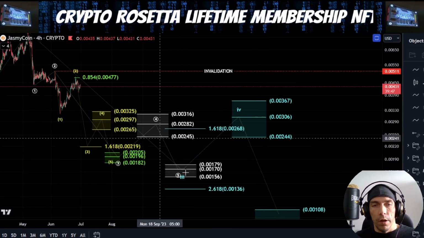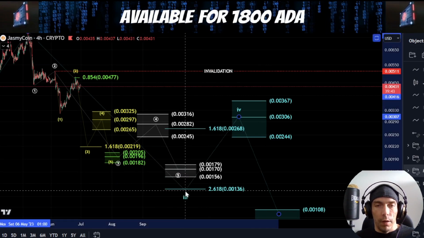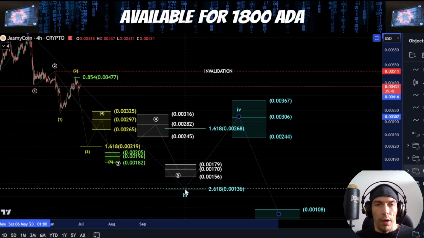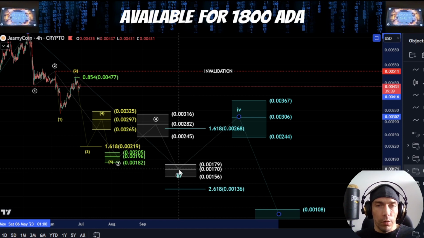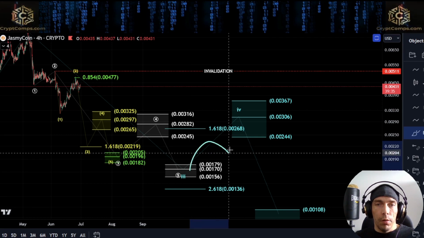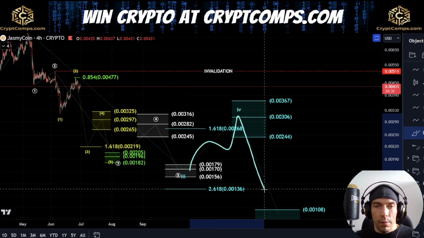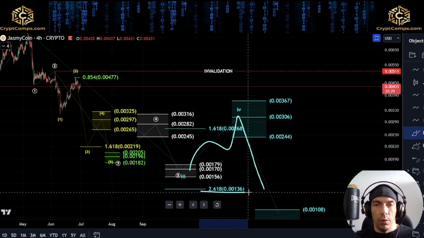Now, if we do move down this low towards this 2.618, that could mean that potentially this will be where our third wave looks to target out. Alternatively, if we do complete this third wave in this higher box area, what we could see is price move up for this fourth wave, and then we could see the potential for this to look to complete